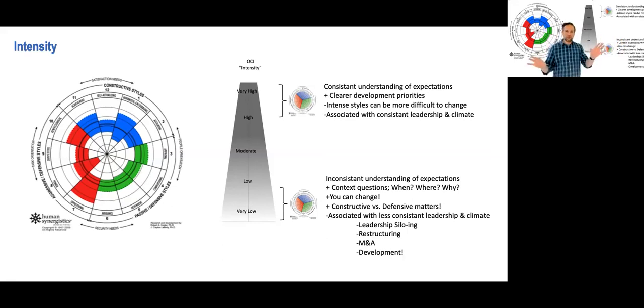So we can go through the business and find the most constructive subgroup and find that, lo and behold, that is the group with the highest level of satisfaction and engagement. They're the most effective. They have the highest customer service ratings. We can show the organization that where you have constructive patterns in your business, you have high performance, and where you have strong defensive patterns in your business, you have underperformance. And that helps to